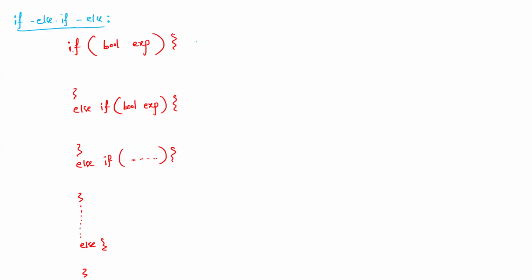Only one. Maximum number of if blocks is one only. Minimum also one only because it's mandatory. Maximum is also one time. Minimum is also one time. We can't say it cannot be. Right? Then after if only, else if can be there. Can we write if followed by else if? The order. No. After if, if required, then it must be else if only.